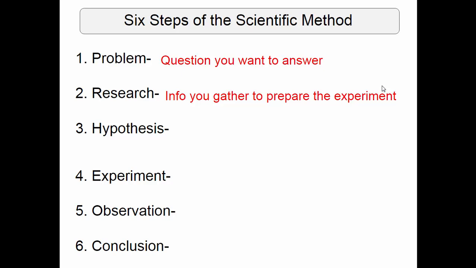Once you have that background knowledge, you can then start to formulate what we call a hypothesis. Now, if I asked you guys for a definition, I know probably almost all of you are going to raise your hand and give me the same answer. Who could give me an answer you've learned about what a hypothesis is? Okay. So, put your hand down if you're going to say an educated guess. Okay, we have other definitions?